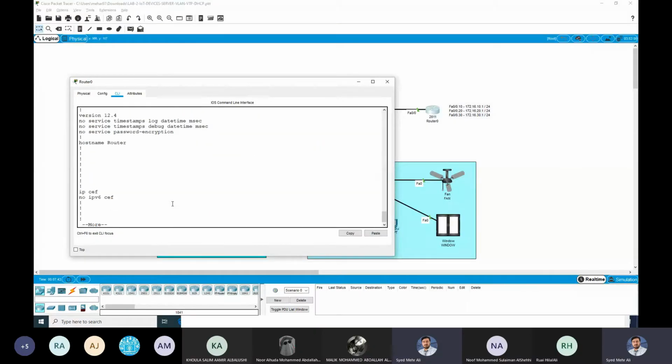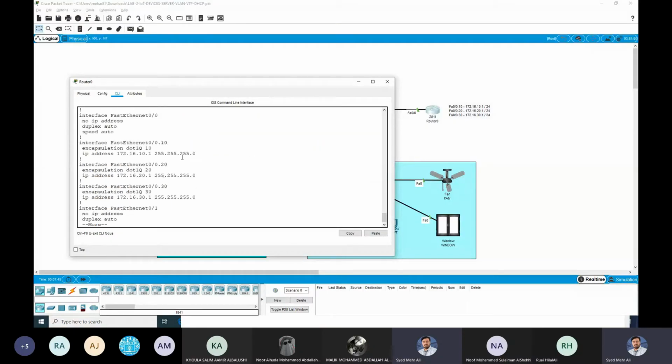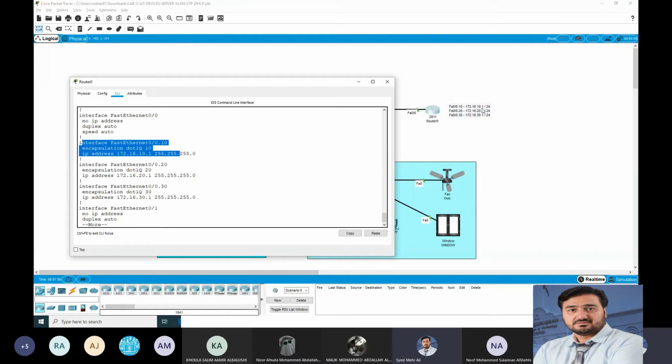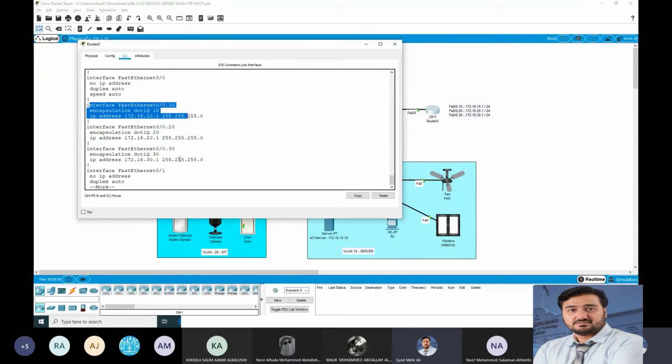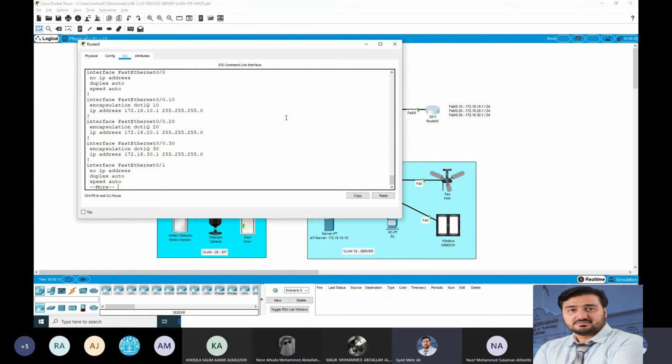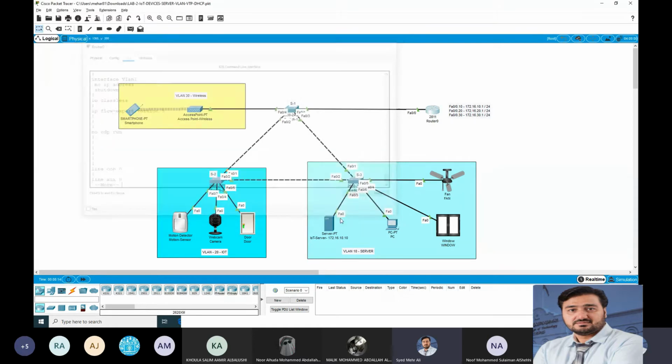Show run, and you will see how to create the sub interfaces. So I have created the sub interface for VLAN 10, encapsulation dot1q, IP address 16.10.1, 16.20.1, 16.30.1. Based on this network, I have configured the sub interfaces on the router. So the next step, this is done from the router, and now